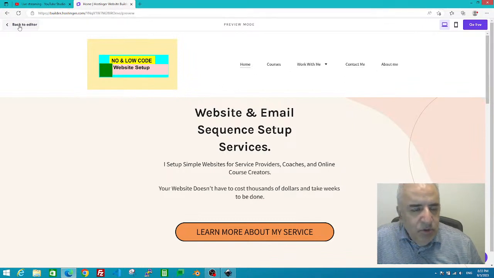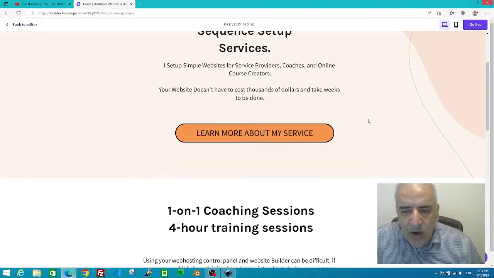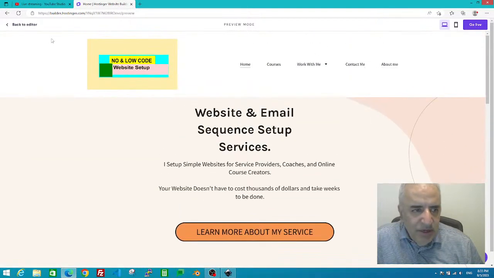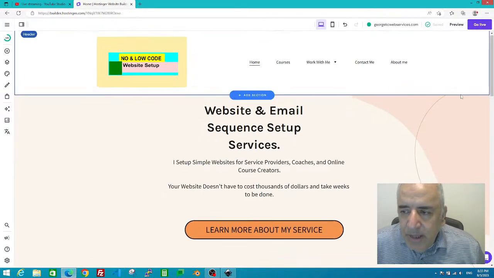So let's keep it. There are two modes here. You have the preview mode, and then you have the back to editor. When you go back to editor, it's self-explanatory, you can make edits to the page. And when you go to the preview mode, you can see how it looks if it's live on the internet. Now the website is not live yet. So you go back to editor here,